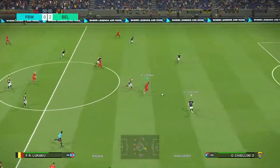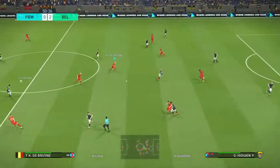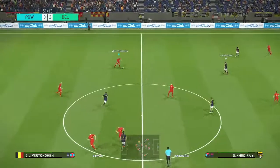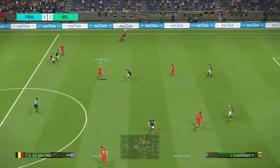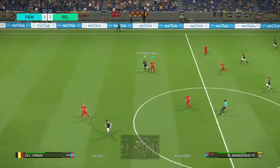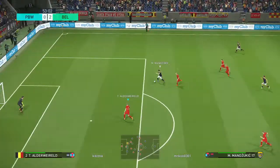And that is about as cool as they come. He picked his spot expertly. Well, you know, sometimes it pays off not to think too much about things, just put your foot through it, and that was a good example. Great contact, and the keeper had very little chance. Belgium get themselves a 2-goal cushion. That second goal is such a polarising...